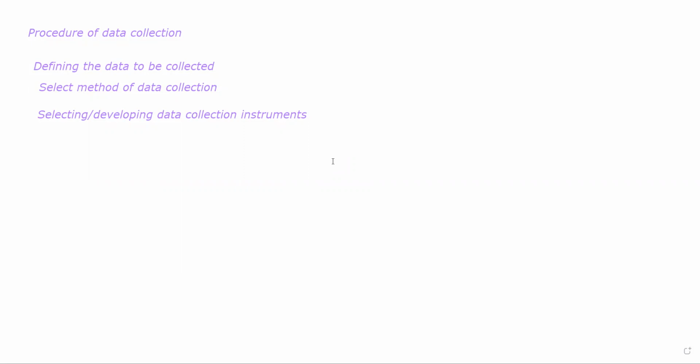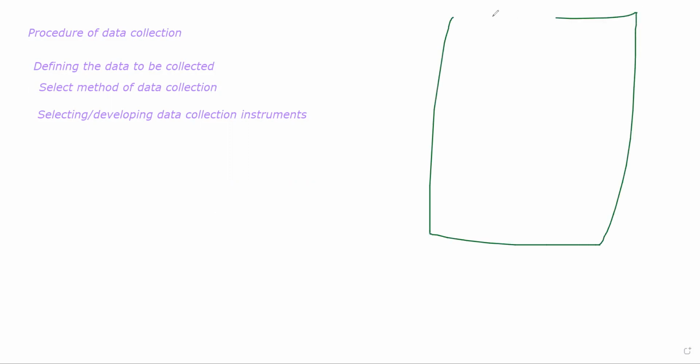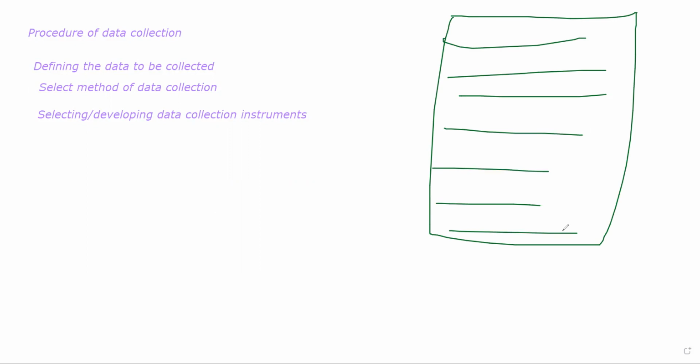So to do this, sometimes you will find certain data collecting instruments, data collecting tools which are already present in previous studies, previous research, and are generally patented. So you can use those, or maybe you are coming up with a completely new scenario, and in that new scenario you might have to modify your current scale. Okay, so let us suppose a scale is essentially a bunch of questions. Okay, it is a piece of paper in this scenario which has a few questions. Okay, you as a researcher are going to the patient and asking these questions.